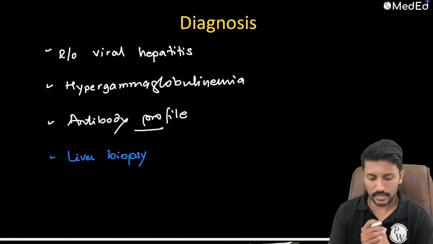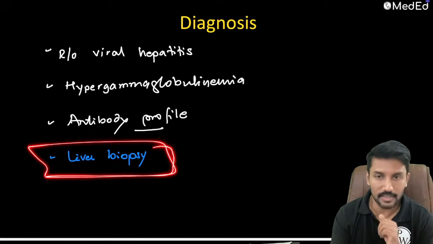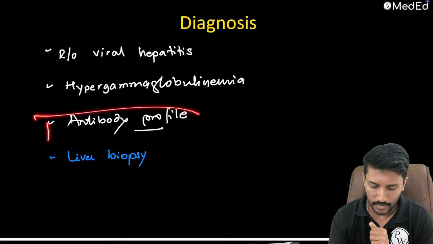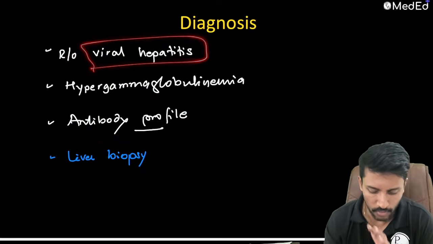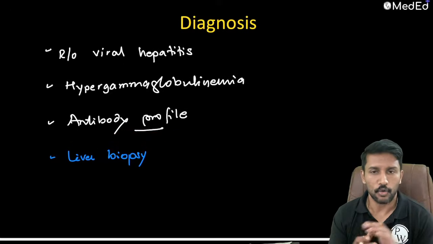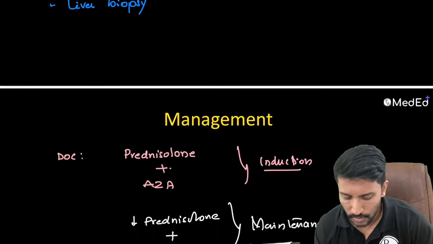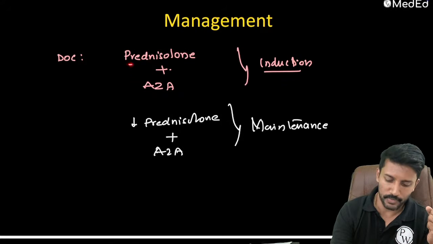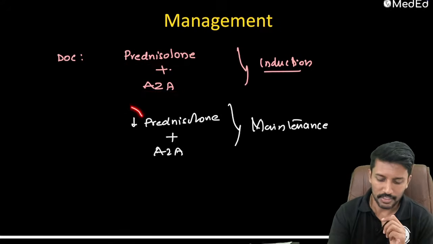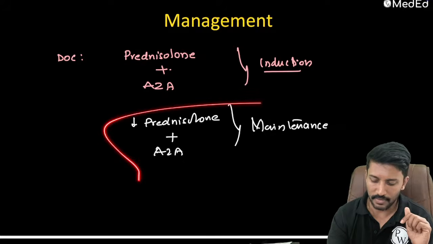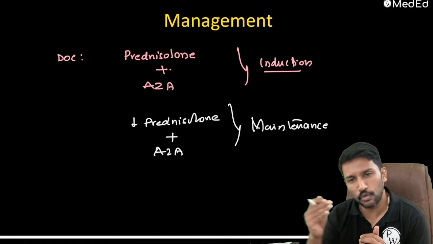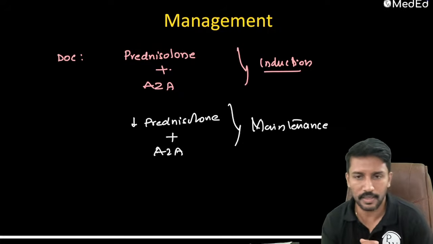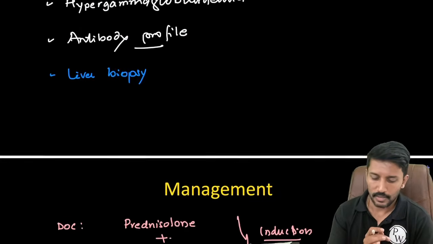Now, how do I make a diagnosis? Diagnosis, of course, based on the biopsy with the help of the antibody profile as well. We need to rule out viral hepatitis before I come to the diagnosis of the autoimmune hepatitis. Now, once I have diagnosed, how will I manage? Just like any other autoimmune disorders, our approach is going to be very similar. We treat them with steroids and immunosuppressants. Initially at higher doses to control the disease activity, after that maintenance doses, and those who continue to progress despite use of immunosuppressants, liver transplantation is the only solution that we can offer, right? So that completes our autoimmune hepatitis.